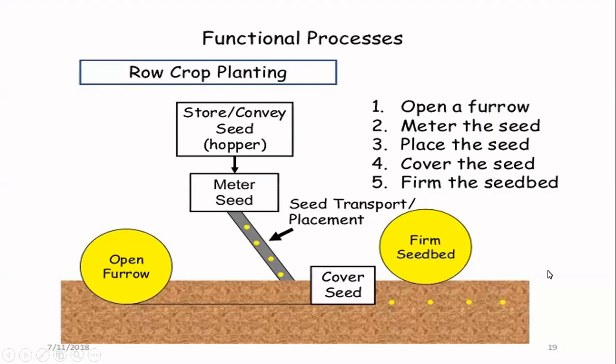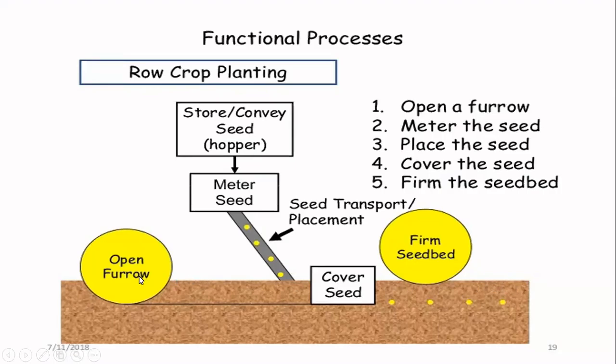The movement is mostly, if you move this side, left to right, so the seed tube is sometimes affected. Whenever you find a furrow opener, this is the front. Furrow opener is always in the front. First you want to open the soil, then you place the seed, then you want to form the seed bed, meaning cover the seed. You see, there is one chain to cover the seed and form it. It will be somewhat compact, otherwise birds will take all the seeds.